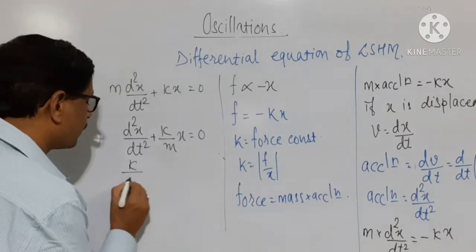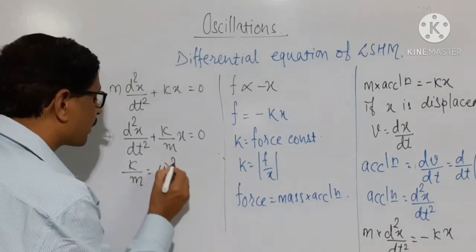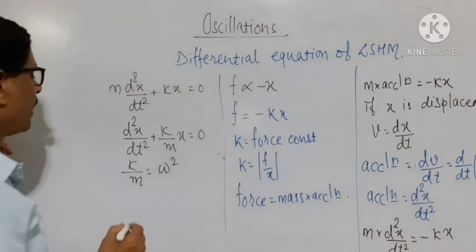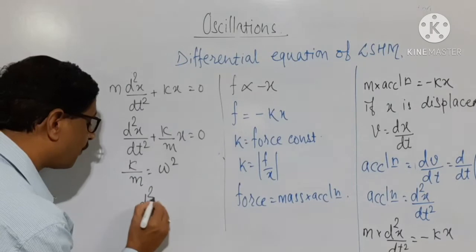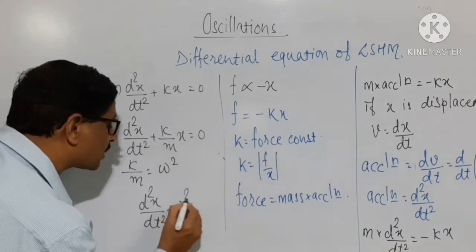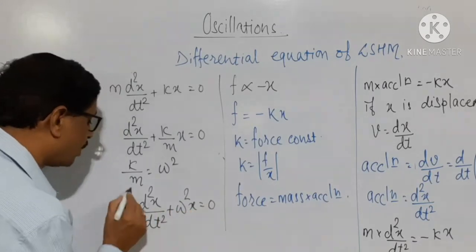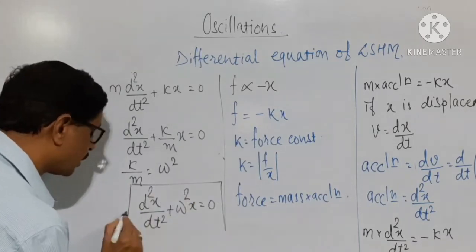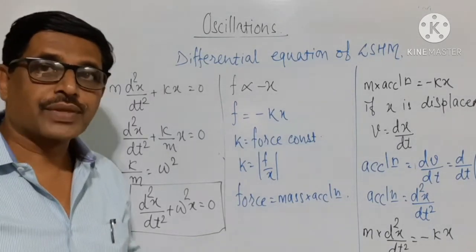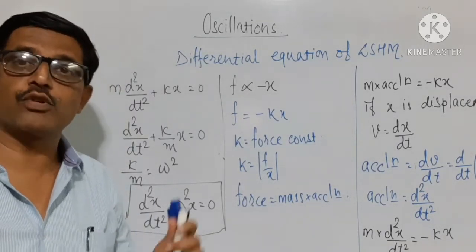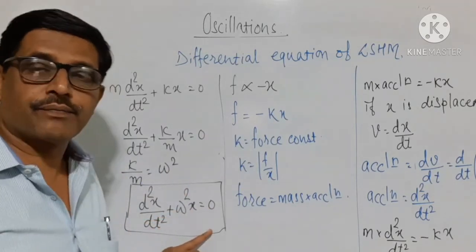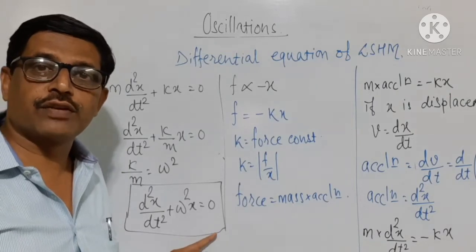Therefore, k by m is a constant which is called acceleration per unit displacement, and hence you will have d2x by dt square plus omega square into x equal to 0. This is the second order differential equation of linear simple harmonic motion. This is how to obtain the second order differential equation of